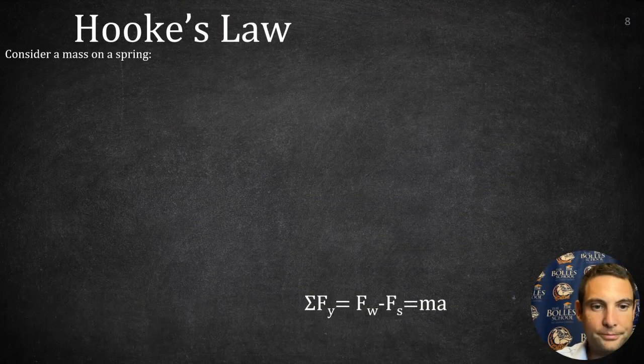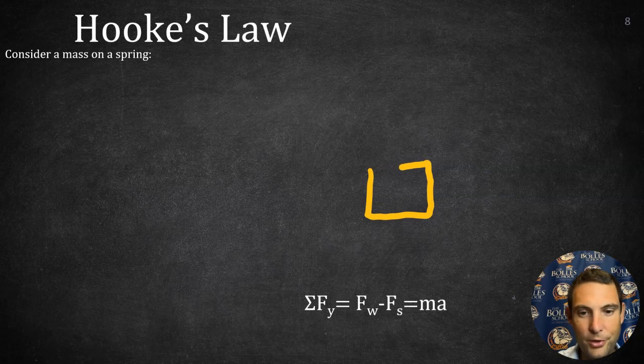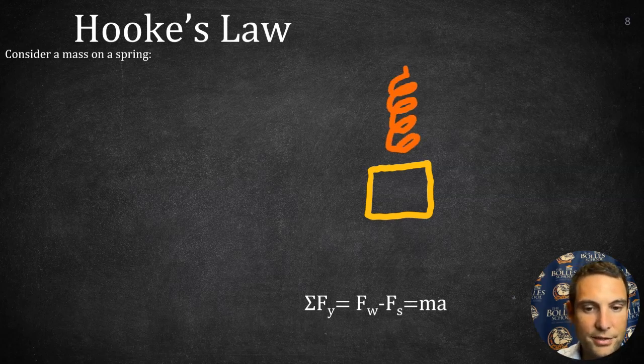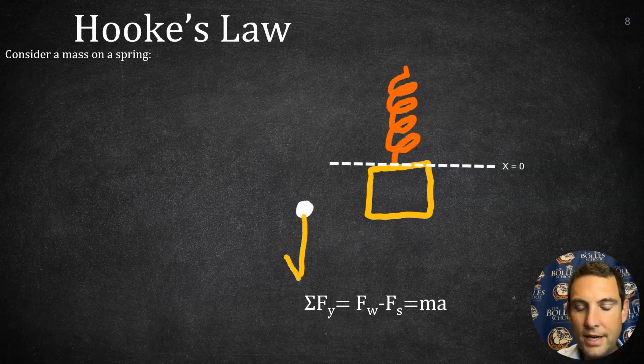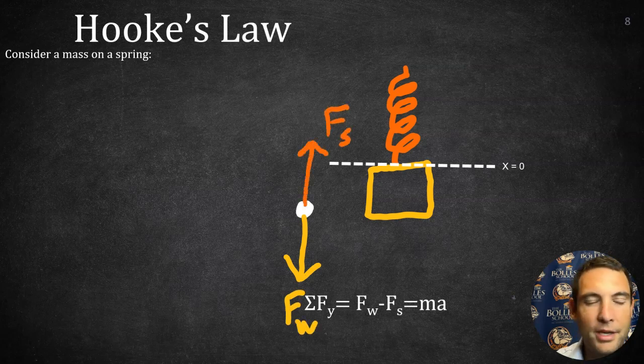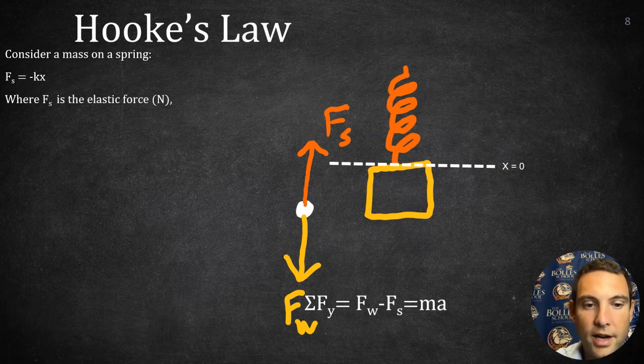Hooke's law. Consider a mass on a spring. Here's our mass, here's my nice spring. There's my x equals 0 equilibrium point. I'm going to go ahead and draw a free body diagram because I already know there's spring, so an elastic force is going to show up, and there's a mass, so there's a weight. Stuff that makes it go minus stuff holding it back is my weight force minus my spring force equals mass times acceleration. My spring force equation, recall, is equal to negative k times x,